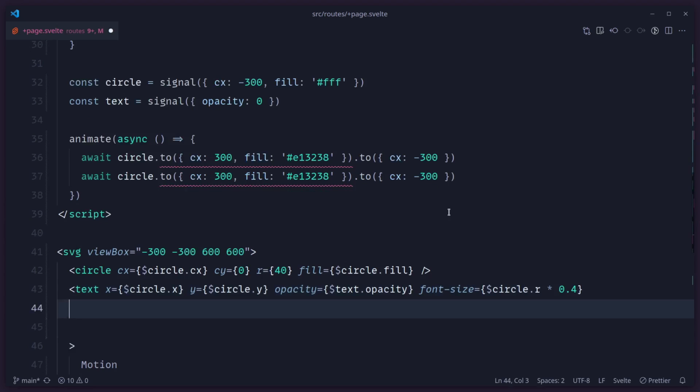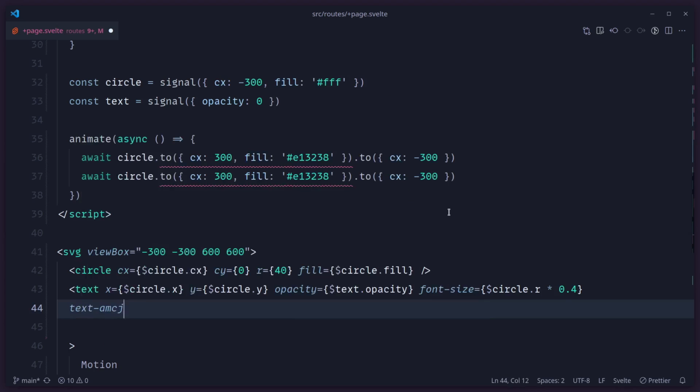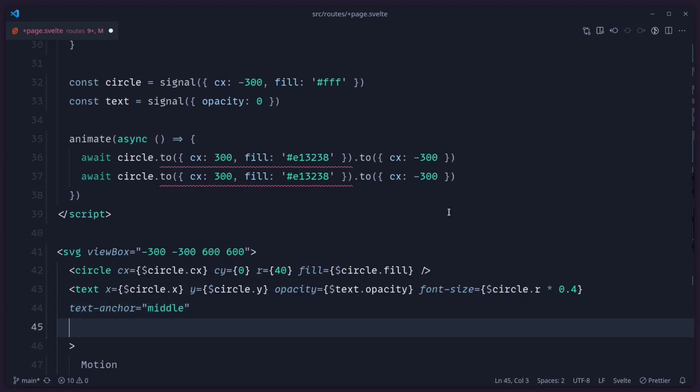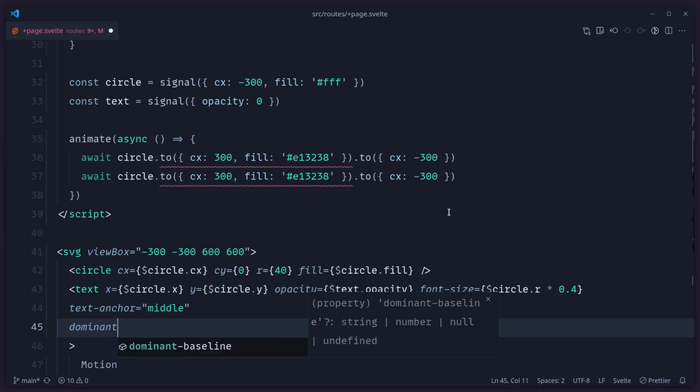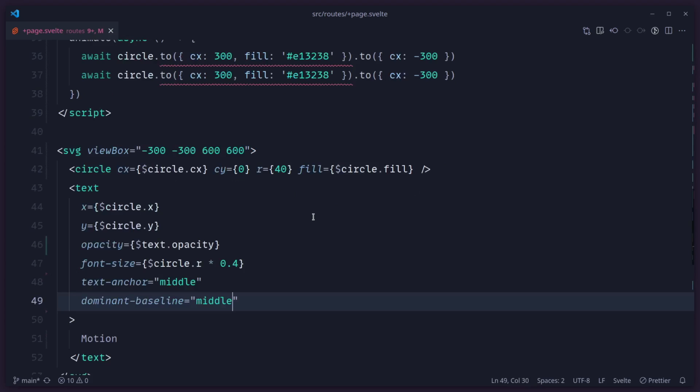And also for the text, I'm going to center it. So this is a bit weird in SVG. We can say text anchor. And this is what always confuses me. It's not center, it's middle. And you also make sure to spell it properly. So text anchor, and there is another option for centering text. Dominant baseline. I know it sounds super weird, but it's really not important. Let's just do this and save it. And basically that's really everything you need for the text. And of course you can make your life easier by turning this into a component, but let's animate these values.